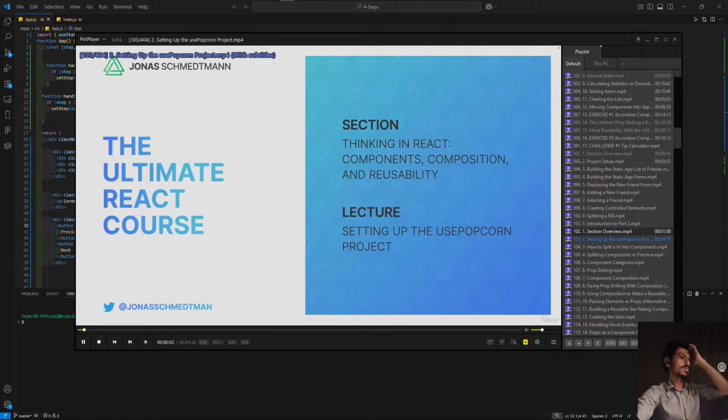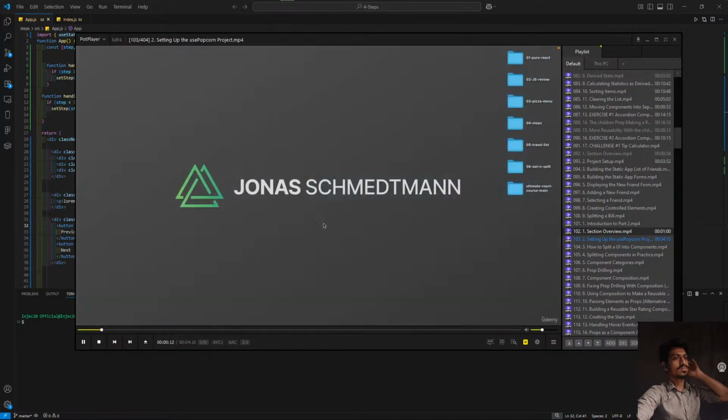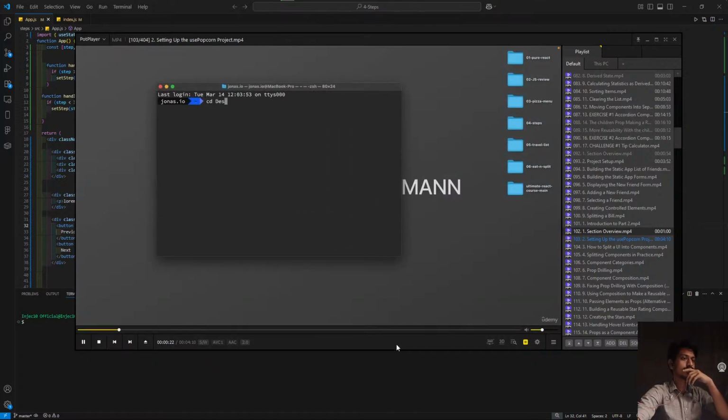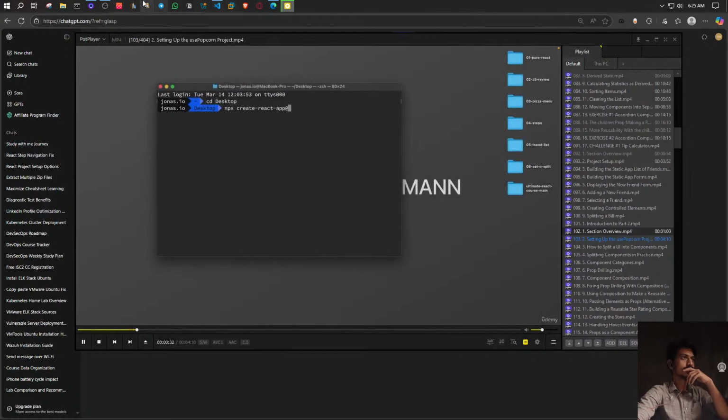It's time to set up our next project. So we're building a lot of projects here, which is exactly what you need to become the React developer that you want to be. And by now, you already know the drill. So just fire up your terminal or your command prompt if you are on Windows, and then simply navigate to the folder that you want to build your next project in. Then type npx create-react-app at version number 5, please, and then the name of the app, which is use-popcorn. So what